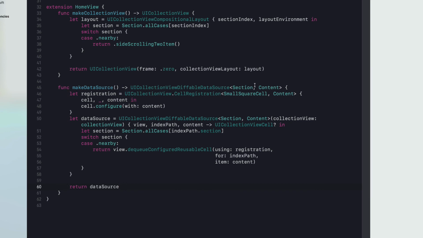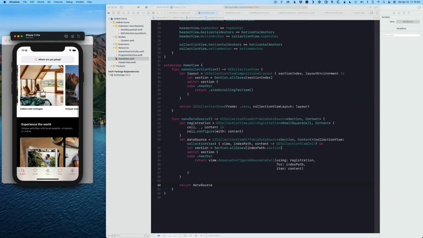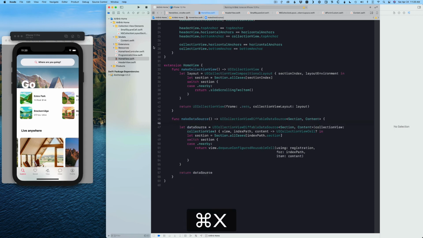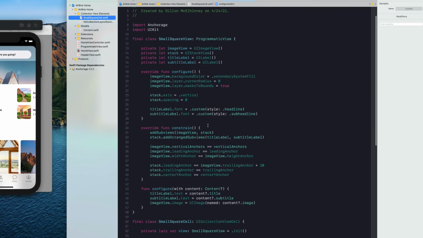Now, while we're here, this is okay, but it will get kind of out of hand because we're going to have 4 different cells, I think. And if you have to define all the registrations like this in the make data source function, it starts to grow and look a little complicated. So what I'm going to do, because this is a registration of SmallSquareCell, I'm going to define that as a static function on SmallSquareCell itself. So I'm going to grab this registration. I'm going to hit Command X to cut it and go to SmallSquareCell